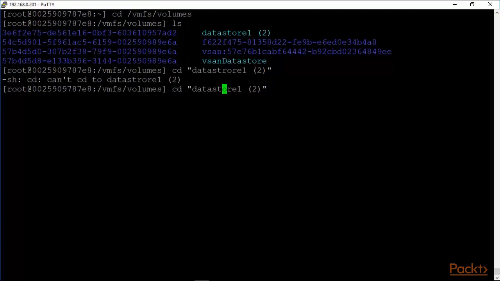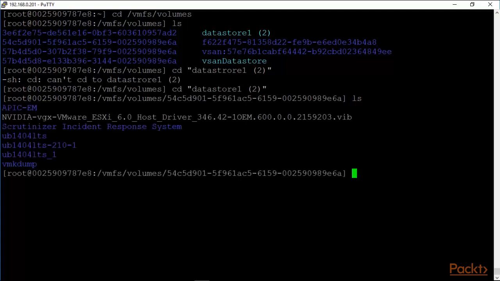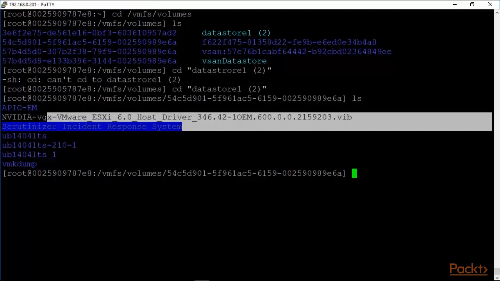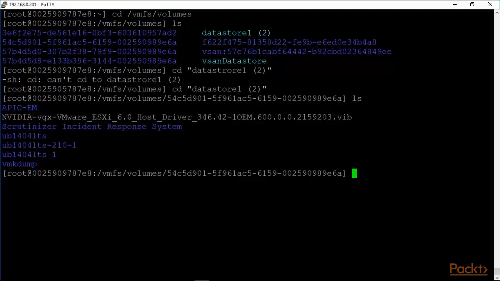Here we go. Okay, I do an ls on that, and as you can see, the WIB file is now available to us, and we have the full path for this file as well. The full path for the file is, of course, /vmfs/volumes/ and we can replace this string with datastore1 within parentheses 2, and then of course the NVIDIA file name. So the command that's used for installing software WIBs, virtual infrastructure bundles, is